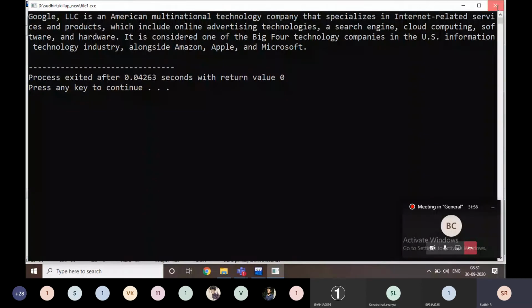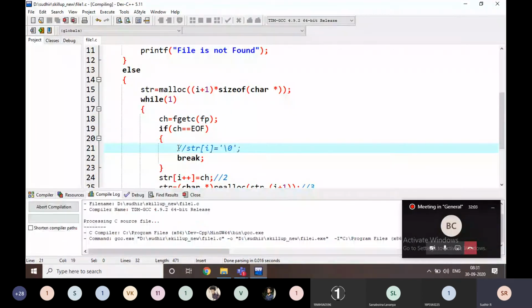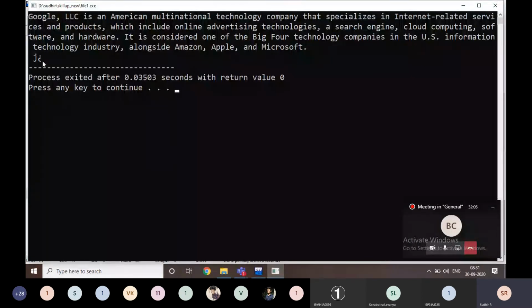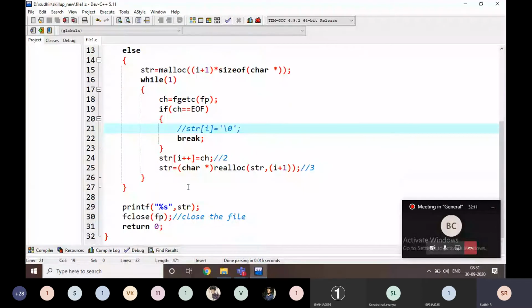Now it is not giving any garbage values. For example, if I cut it, it is going to give some garbage values like this. Why? Because this is the man-made string. That's why there is no slash n here. That's why, if it is the end of the file, I am going to maintain the \0.